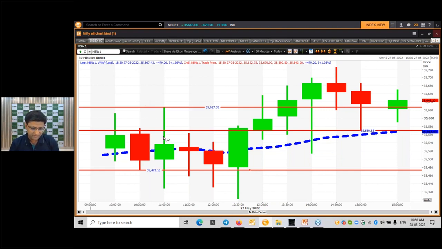Now after the 11 o'clock candle closes, my objective is to play the breakouts, not breakdown, because the PCR is positive. So this 12:30 candle is a breakout candle of the previous 2 bars. So this was the point. Whenever there is a breakout, this was the point to enter Bank Nifty, which I highlighted on